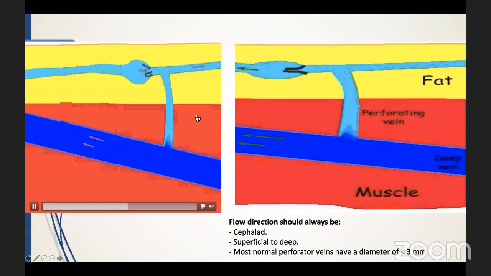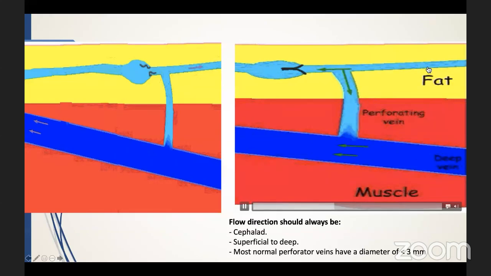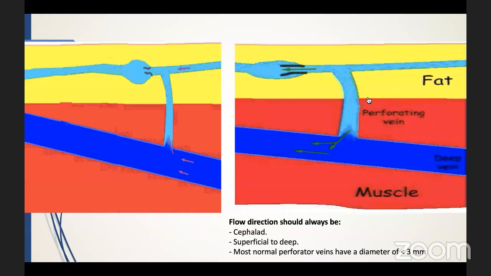So if you notice here with me, it's quite a healthy clip, with the flow coming towards the heart in the right direction, and the perforators here taking the flow from the superficial system and draining into the deep system. So the normal flow is cephalic, going to the patient's heart, to the patient's head, and from superficial to the deep system, not the other way around. Also, regarding the normal perforator diameter measurement, some POCs say 2.5 and some say 3, but the maximum is 3. If you find a 3 and it's competent with no insufficiency or reflux, then that's fine,